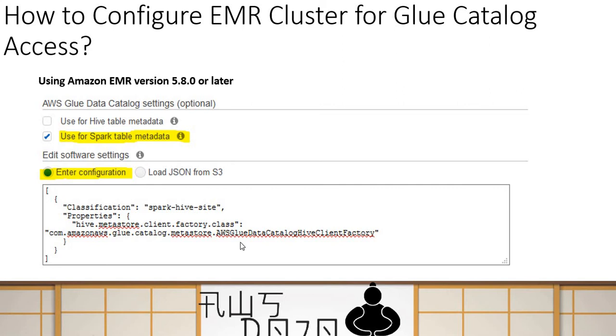Okay, but today I want to stick with the Glue Catalog, where the data gets populated or cataloged using a crawler, and in that case you can use this Spark table method. You also have to configure the factory class for Metastore, which is the library responsible for talking to the Glue Catalog to fetch the data.